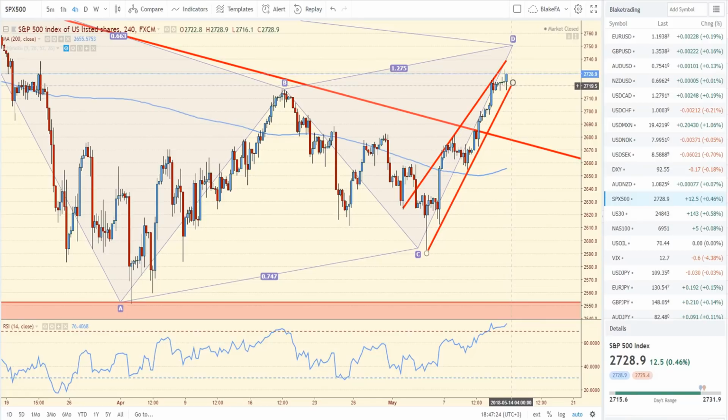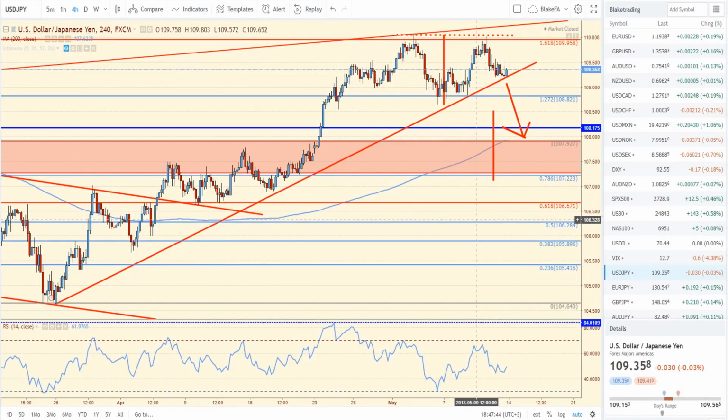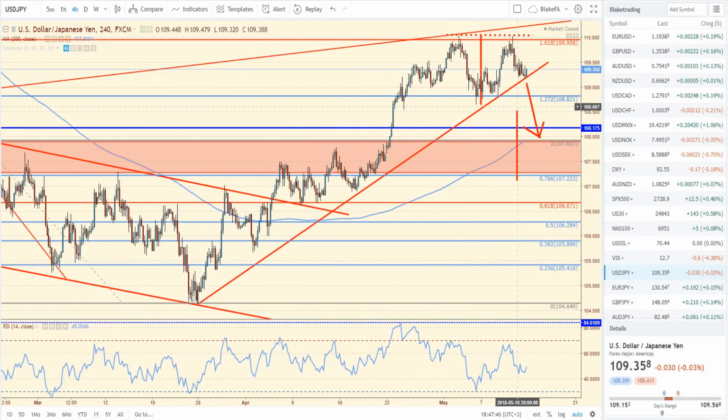We could see some equity market struggles here over the next week or two. It could be starting on Monday. It could be 2 weeks from now, or maybe even 3 weeks from now as we get into June. But generally this time of year, you tend to see a pullback in equities. And if that happens, that's going to feed into that yen strength. So I'm paying really close attention to the yen.